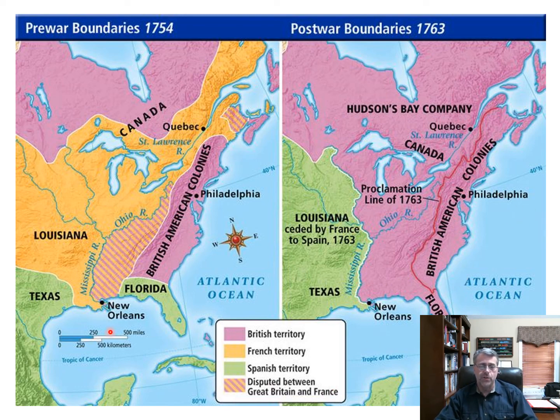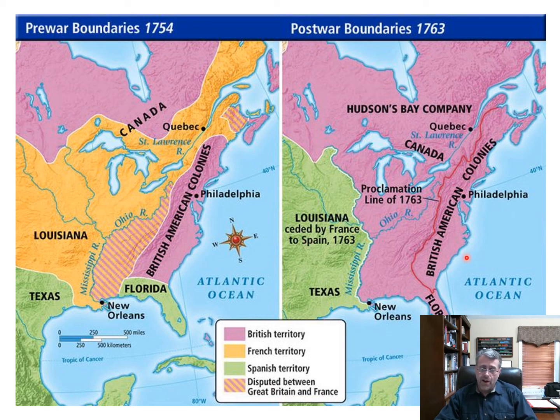What England is going to do too is, as a result of this treaty, they're going to force France to give up their territory west of the Mississippi River to Spain. Now, the reason they did this is that one, there's no one really living out here. There's nobody doing anything with this territory anyway. Spain at this point is a relatively weak power compared to England and France. Spain is relatively weak, so England is confident that Spain is not going to do anything with this territory either. But they just want to keep France from having anything to do with it.